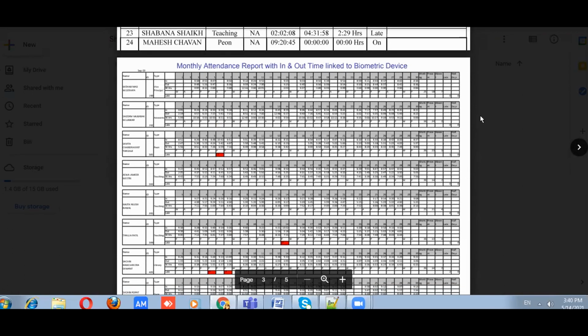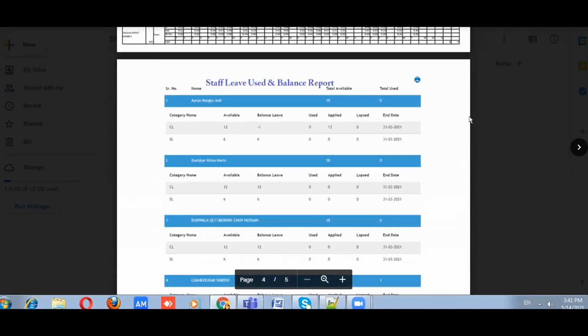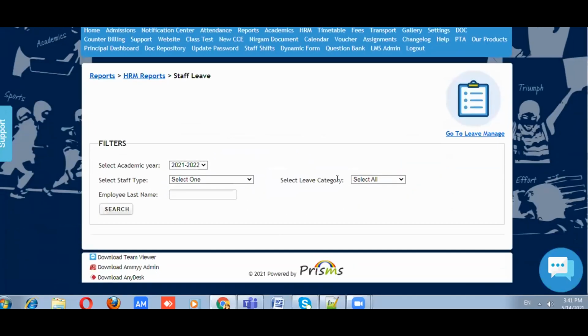But these monthly reports are there, no? How many leaves are taken, month wise? Actually, in our leave reports, one second, I'll open again. It depends upon attendance and then leave reports. In leave reports, I can select which type of category I want to see for a year, throughout the year.